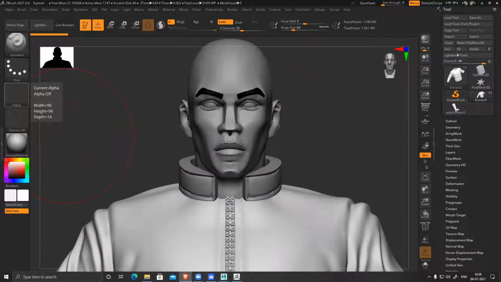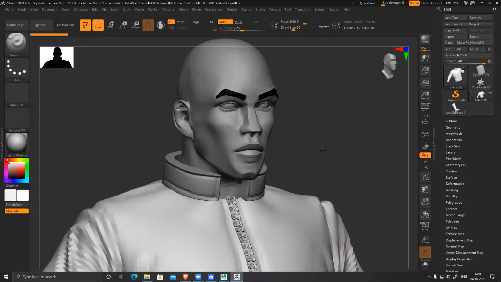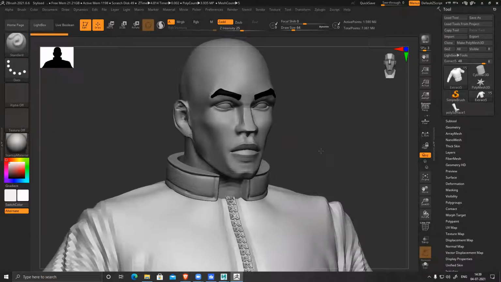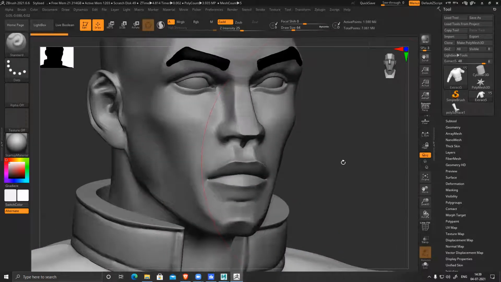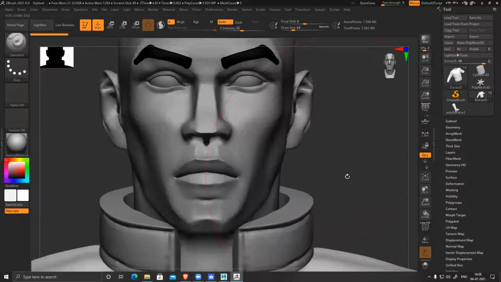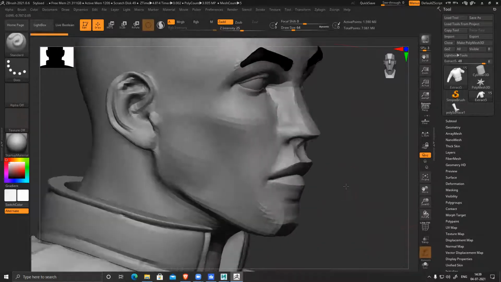Close up. This one looks much better than the reference. The reference is really bad. I don't know why you chose that. The reference is very bad.